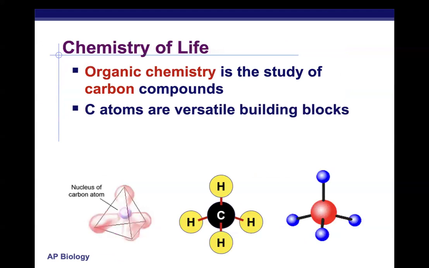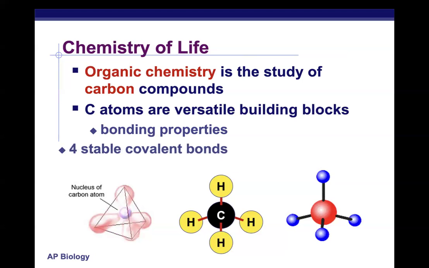carbon. Now, carbon is so important for life, and life is based around carbon because carbon atoms are so very versatile. They have unique bonding properties where they can bond to up to four different things covalently because they have four valence electrons. They can form single, double, and even triple bonds,